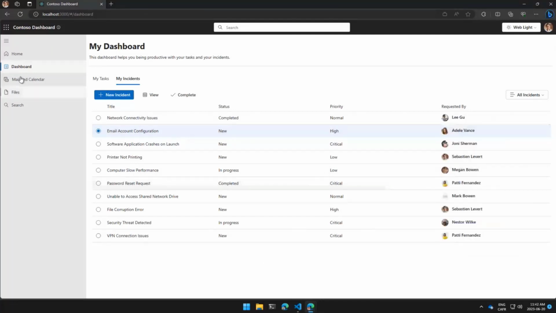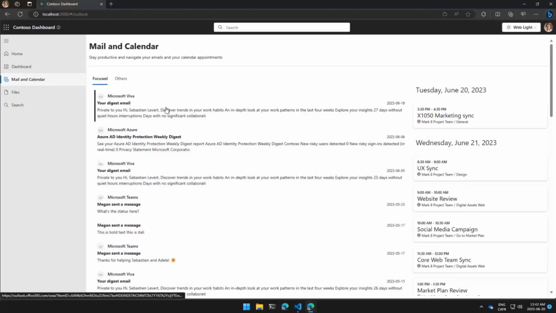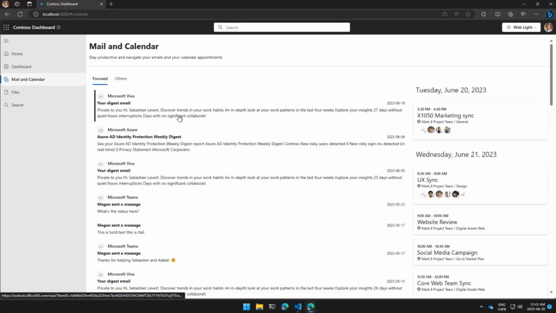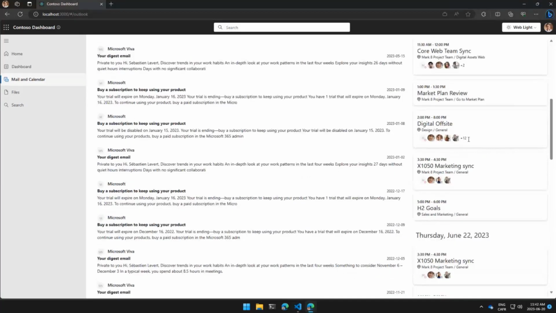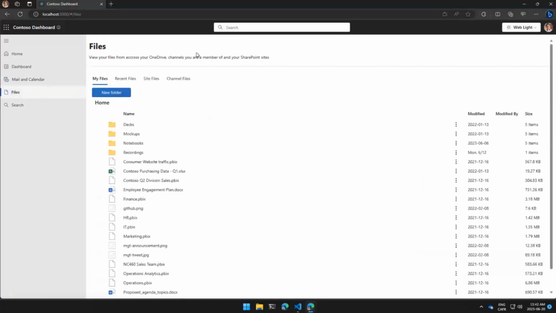Right from here, we have our mail and calendar. Mail is not a component we offer by default in the toolkit, but this is basically maybe 15 to 20 lines of code to actually make it happen with our get component. That's an example of using our get component in a really, really interesting scenario. On the right, we have our agenda component that allows you to see what's coming up in the next few days. We have our files component.